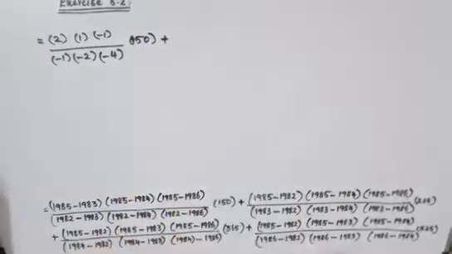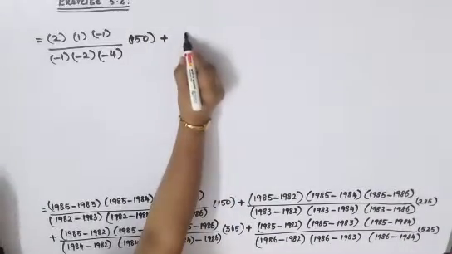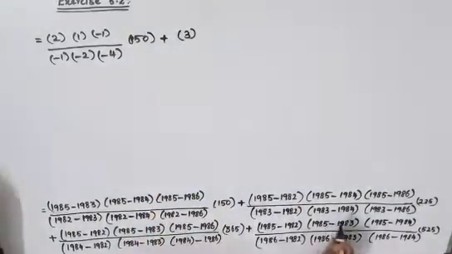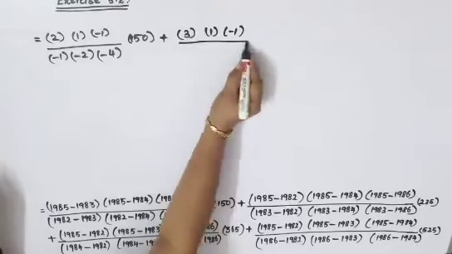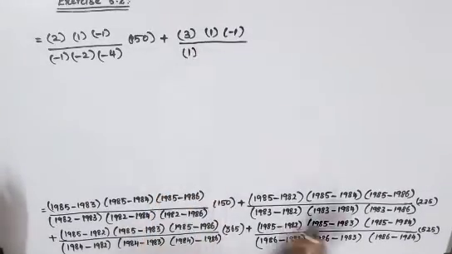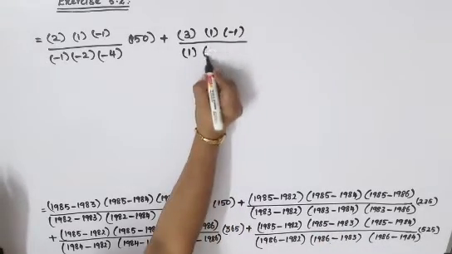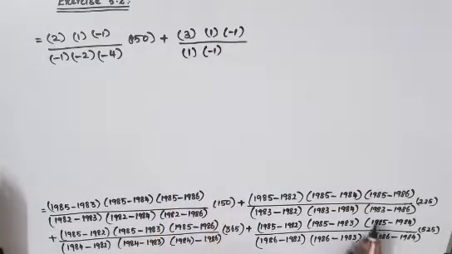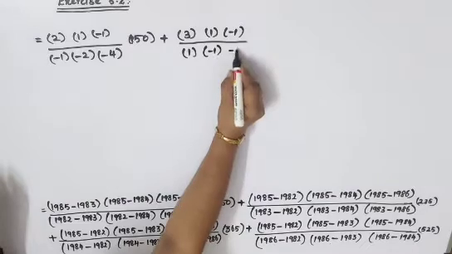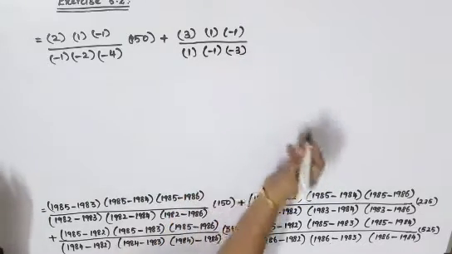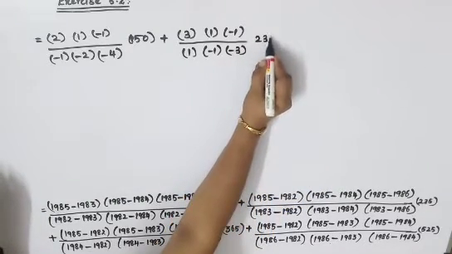plus 85 minus 82 is 3. 85 minus 84 is 1. 85 minus 86 is minus 1, divided by 83 minus 82 is 1. 83 minus 84 is minus 1. 83 minus 86 is minus 3, into your 235